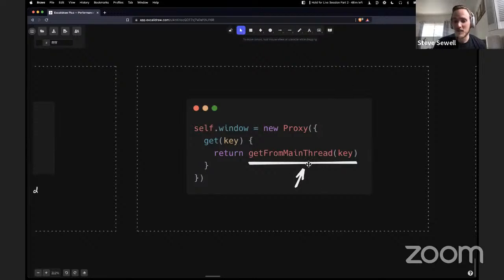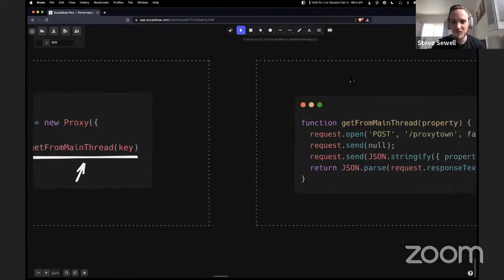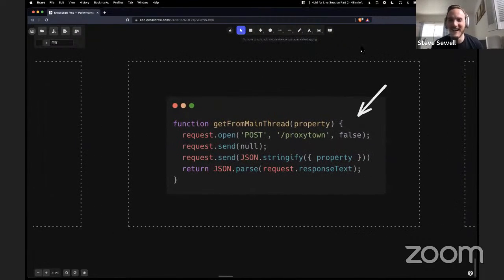So in this case, we're back to that big question. Proxy access needs to be synchronous. Main thread access has to be asynchronous. How do you resolve that? And so we found something. Adam specifically found something. So back in the day in web browser land, and yes, proxies are completely seamless.